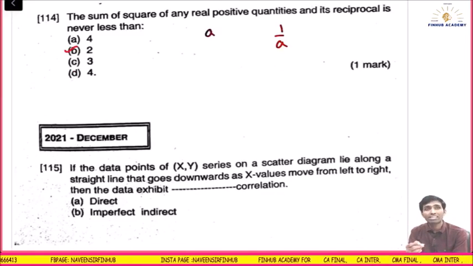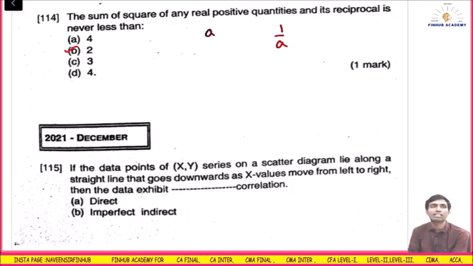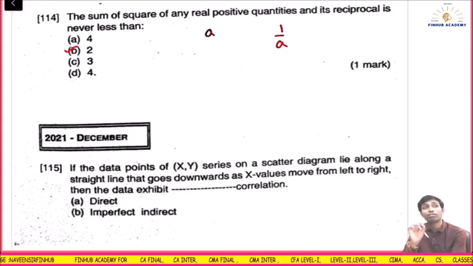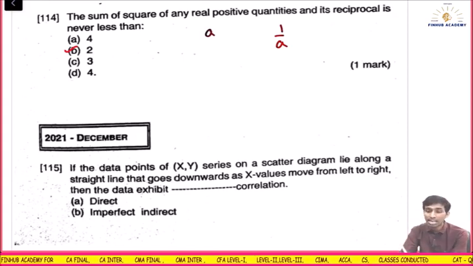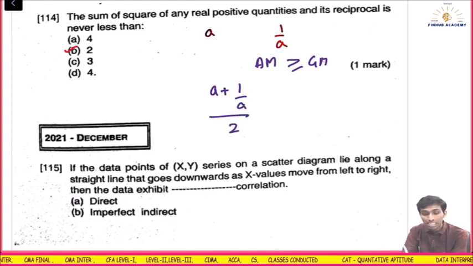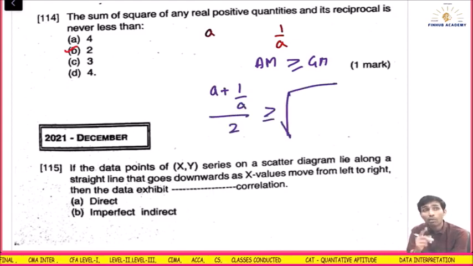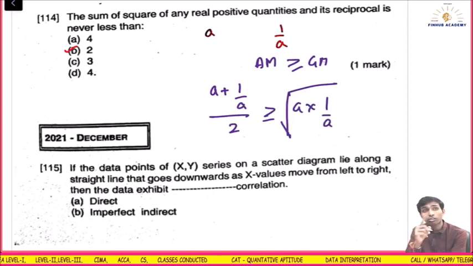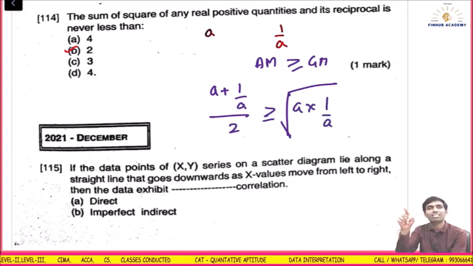So to prove that, okay, what I will do? To prove that the sum of the square of any real positive number and its reciprocal is never less than 2, okay. Actually the question has been twisted by ICI. In many of the books now, it is the sum of any real positive number. So to prove this, I will use AM and GM. I know that AM is greater than or equal to GM. So that means AM is what? A plus 1 by A upon 2 is greater than or equal to under root. How will I calculate GM? A into 1 by A, product of the two numbers, and raised to 1 by n.